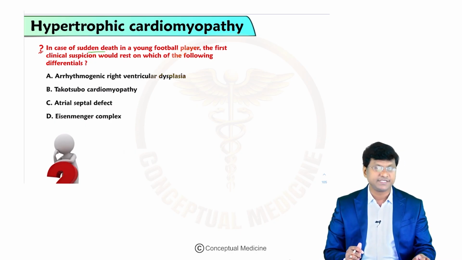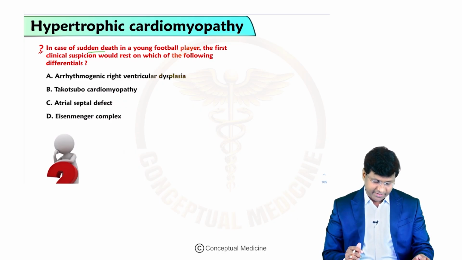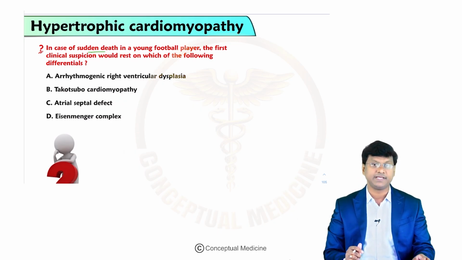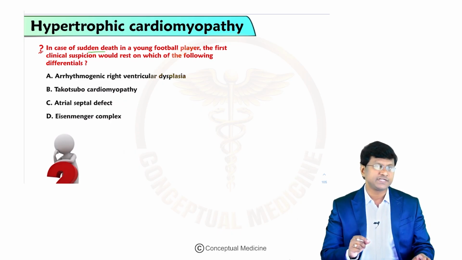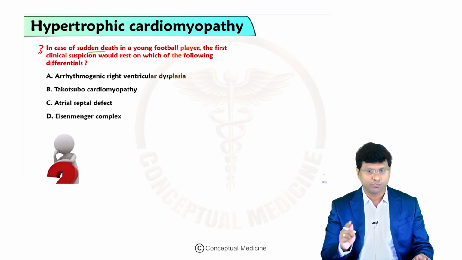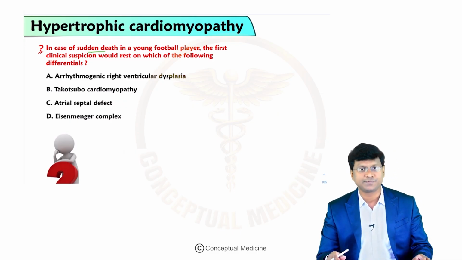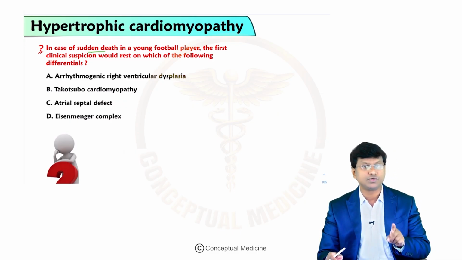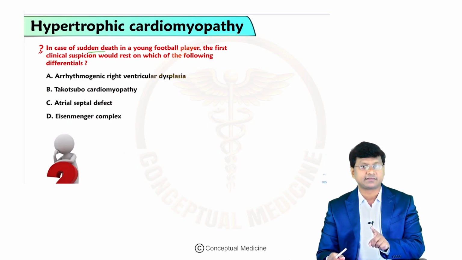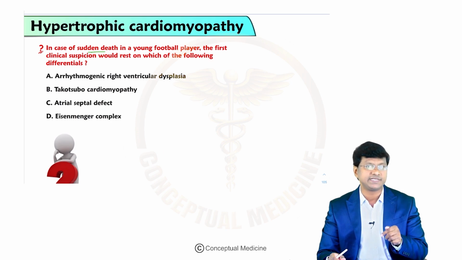Arrhythmogenic right ventricular dysplasia, Takotsubo cardiomyopathy, atrial septal defect, Eisenmenger complex. See, in case of sudden death in a young football player, one of the differentials you need to think of is hypertrophic obstructive cardiomyopathy, right? So the most important cause of sudden death in a professional footballer, in the setting of β-myosin testing being available,